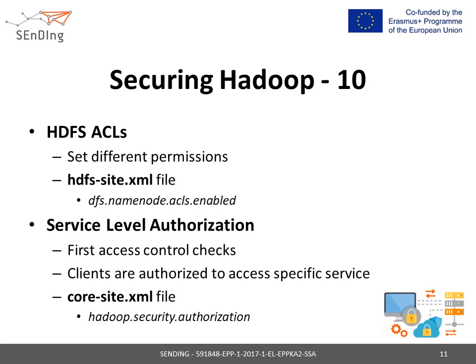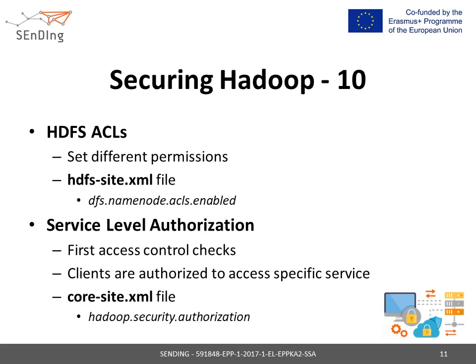An ACL includes a set of ACL entries, and you can use the entries to grant or deny read and write, or execute, permission to specific users or groups. Each ACL entry has a type and a permission string as well as an optional name. By default, ACLs are disabled in HDFS. In order to use HDFS ACLs, enable them on the name node by adding a true flag property to the